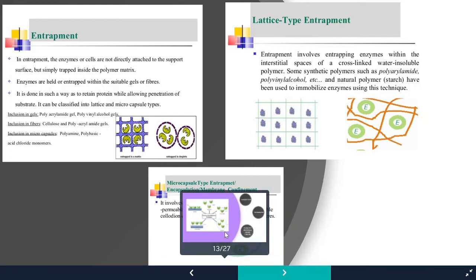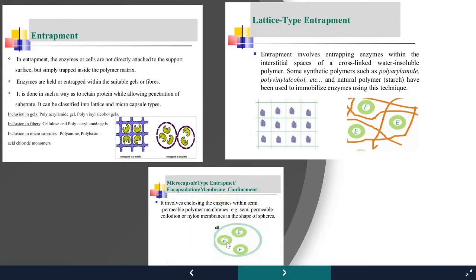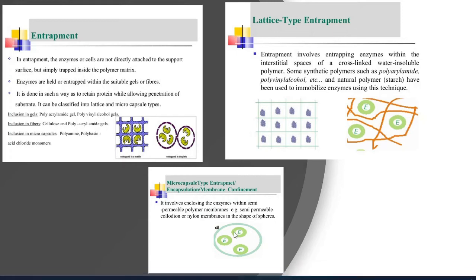Even here you can see this is a polymer that we have, and inside the polymer the enzyme has been encapsulated. Microencapsulation is the most common method that we use for entrapment, where a spherical particle is formed, in which a liquid or suspension is enclosed in a semi-permeable membrane. That semi-permeable membrane could be polymeric, lipoidal, lipoprotein, or even non-ionic in nature. So this is about entrapment.